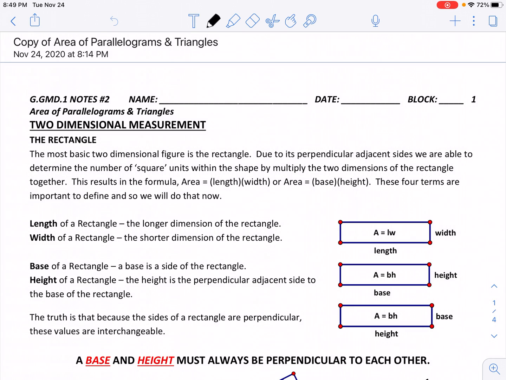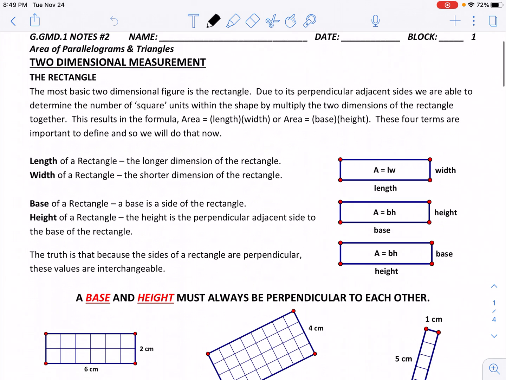Okay, so we're going to be looking at the area of parallelograms and triangles, and I know we've looked at triangles before, but this would just be good review and maybe some different types of examples that we can come across. But let's look at the area of parallelograms. First of all, a specific type, looking at a rectangle, because that's going to help us break down the other